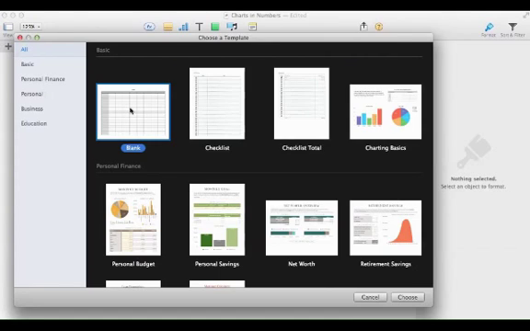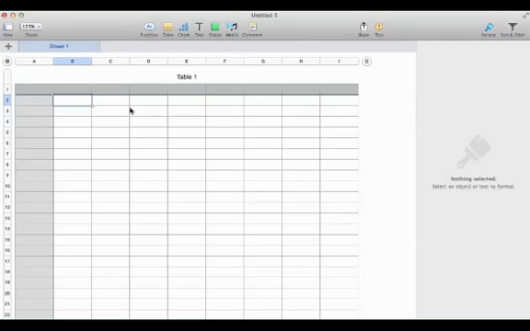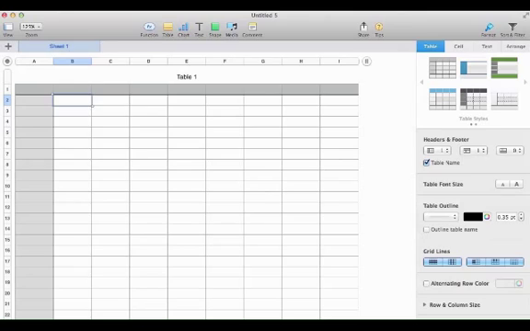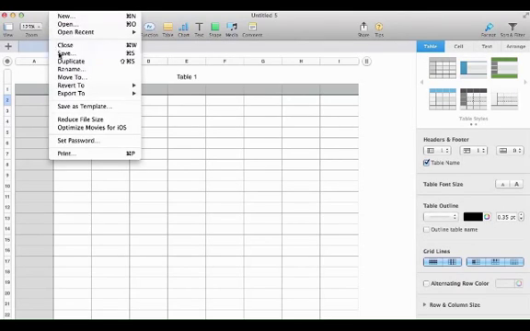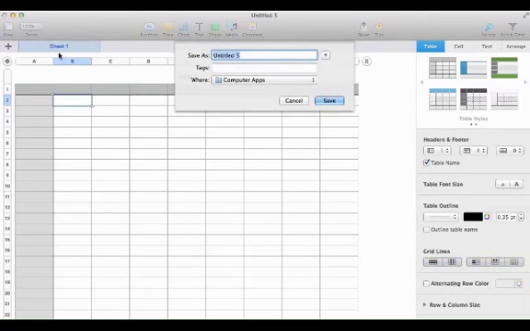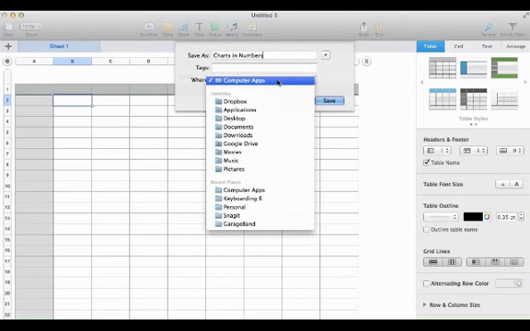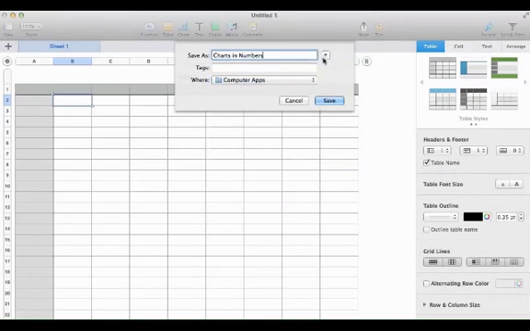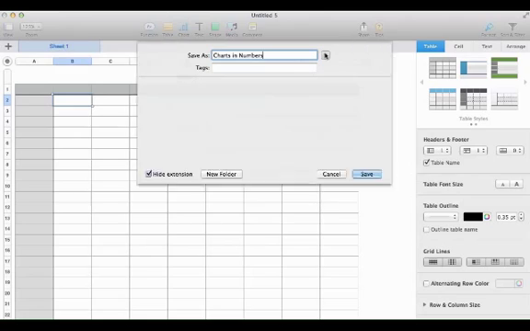And you're going to say blank, double click on the blank, and then say File, Save. And you are going to call this Charts in Numbers, and I want you to save it in your Computer Apps folder. If your Computer Apps folder doesn't show up here as a choice, then click on this arrow right here,